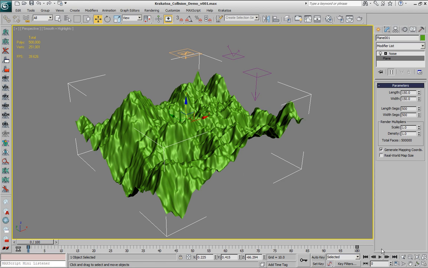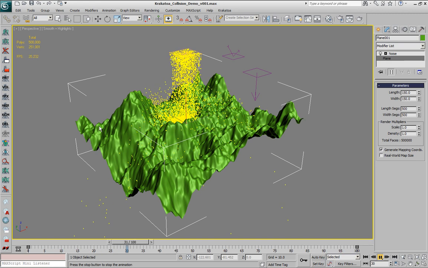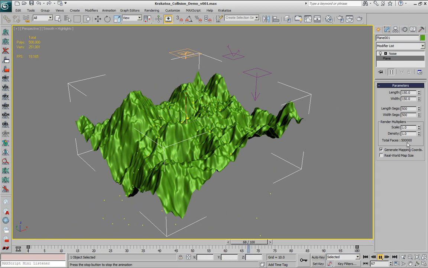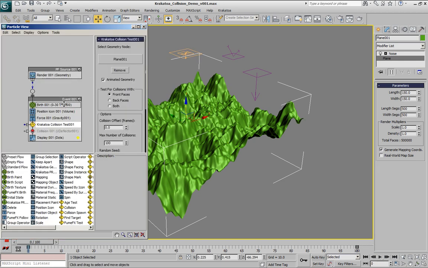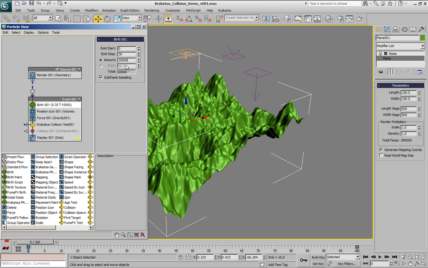inside the operator. Once this was built, and if the geometry is not changing on each frame, we can press play and we get very similar performance. In this case we get 20 FPS instead of 30, but we're colliding against 500,000 polygons. We could go further. We can add 100,000